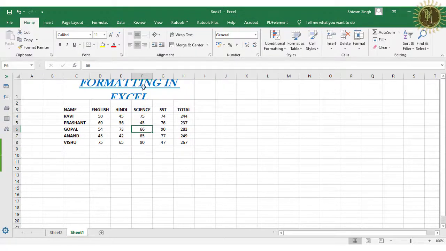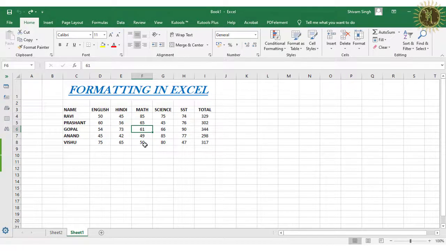The entire column of math is deleted. So like this you can delete a column also. And to delete the whole sheet, you have to click on delete sheet.